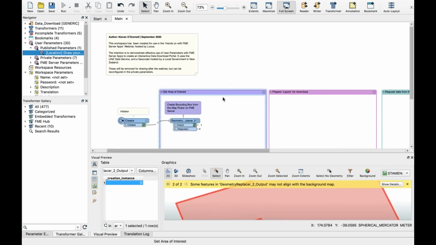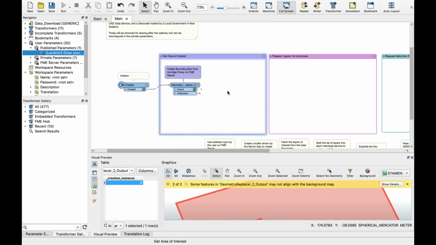Now, one thing I've thought about here, in particular with the LINZ Data Service, is the LINZ Data Service is great because it has so much data on it. But when we're actually creating